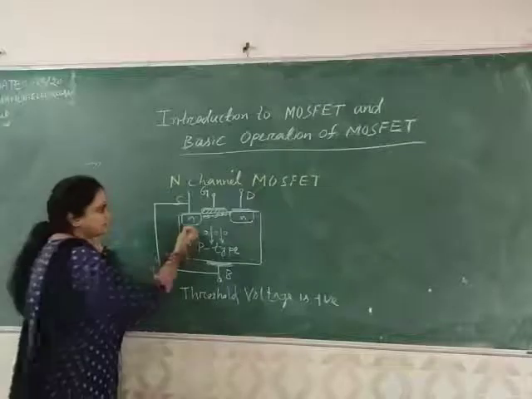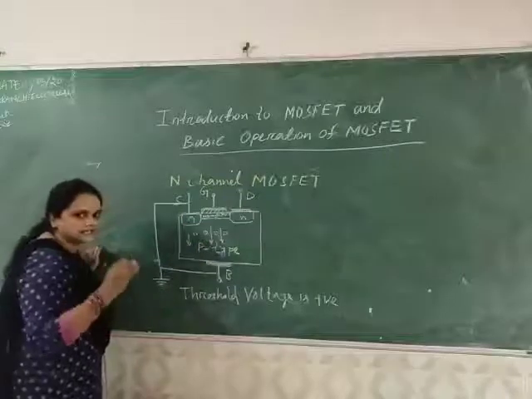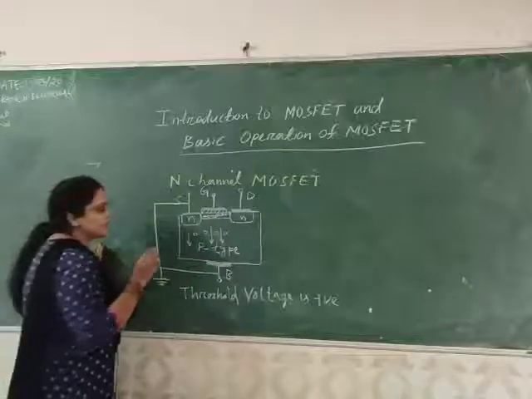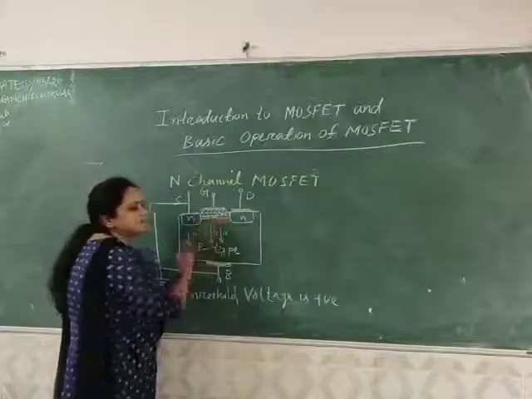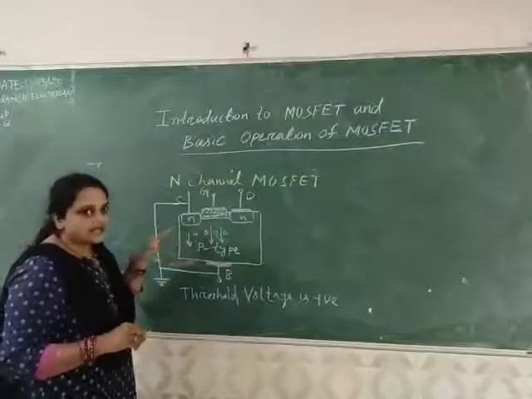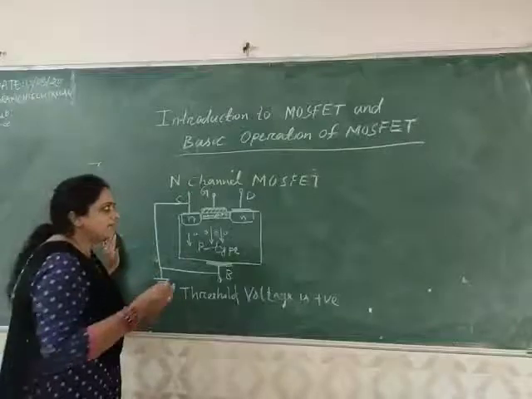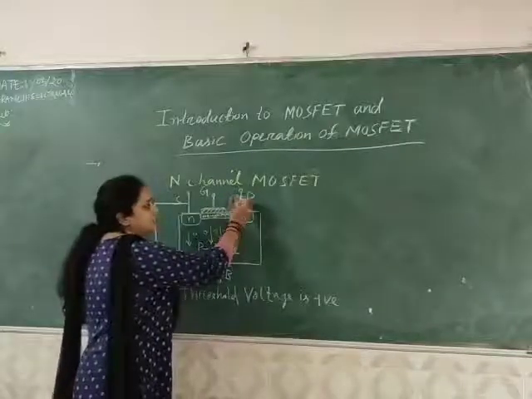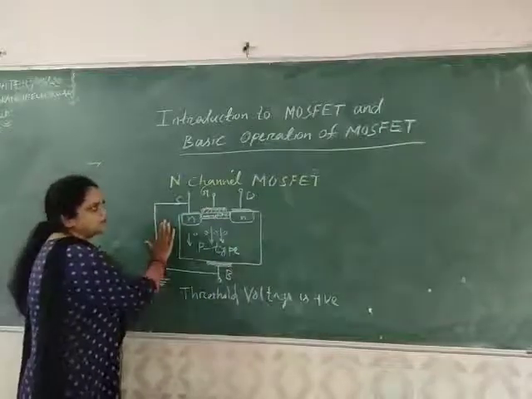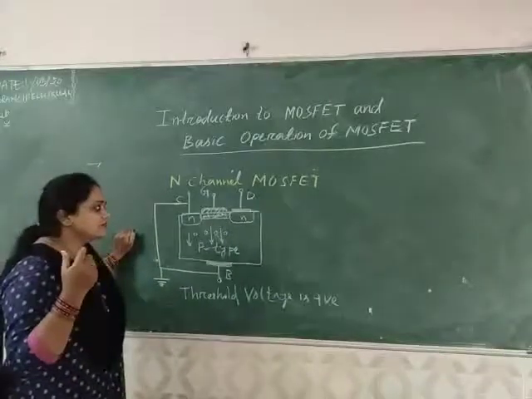into the substrate. After some time, in this region the number of electrons is increased so high that we can say this region becomes N type, and this region is known as the inversion layer, and that inversion layer is known as the channel that connects the source and drain terminal. When we apply voltage at the drain terminal, it starts the current flow within the device. This is the basic operation of N channel. We can explain it derivationally in our next class.